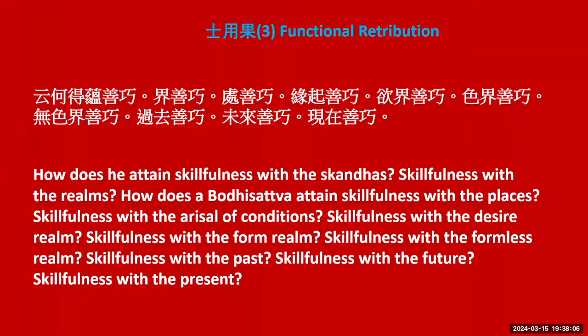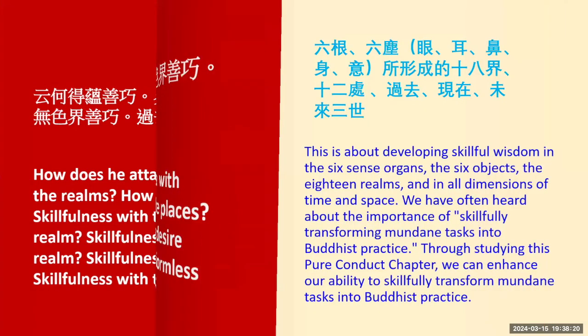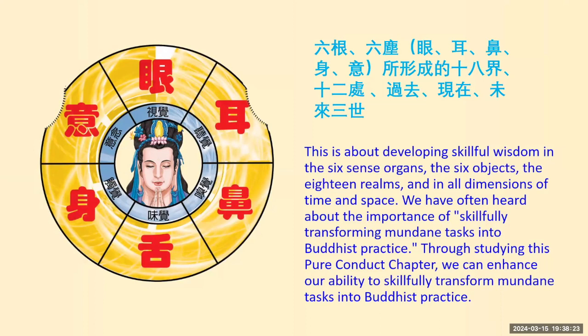The last part, the third part: how does he attain skillfulness with the skandhas, skillfulness with the realms, with the places, with arisal of condition, skillfulness with the desire realm, the form realm, the formless realm, skillfulness in the past, present, and future? This part talks about developing skillful wisdom through the 6 sense faculties, 6 sense objects, 18 sense realms, and all dimensions of time and